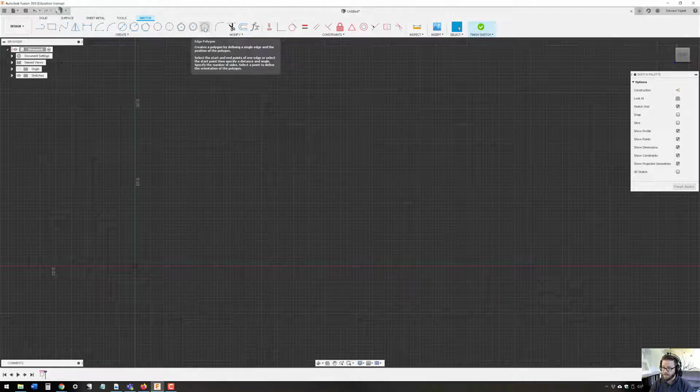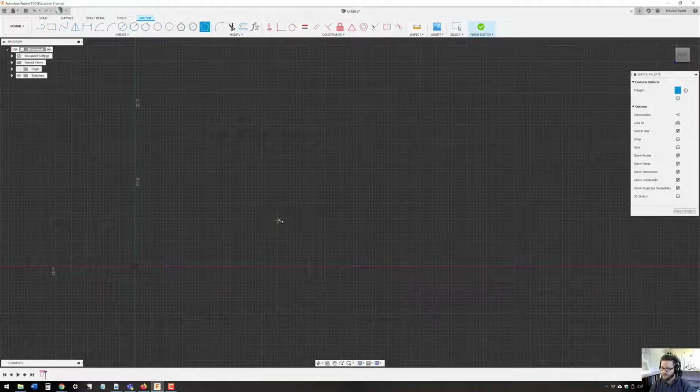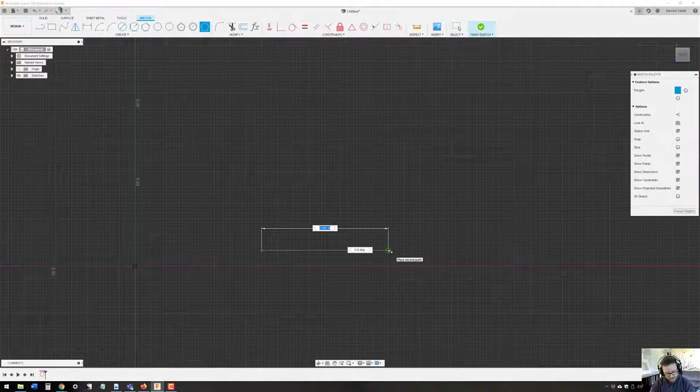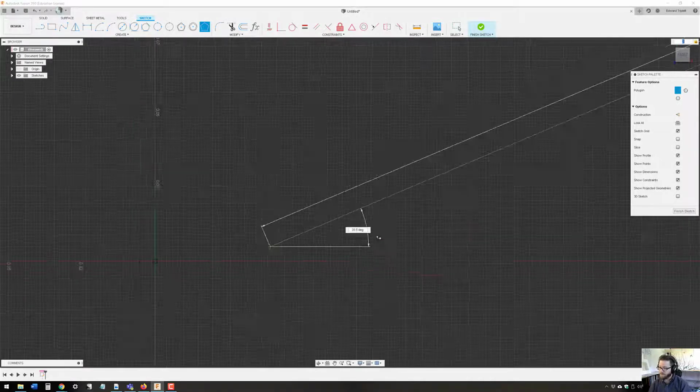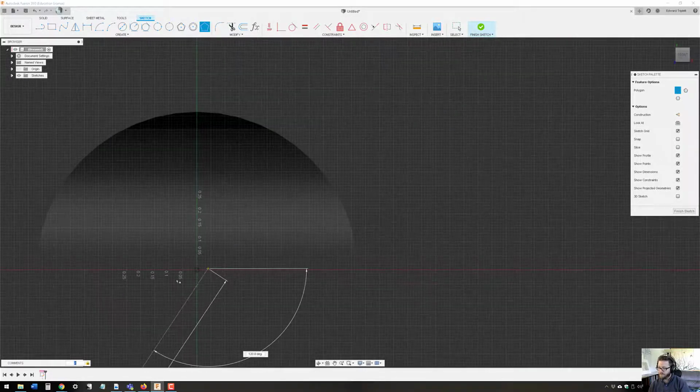Let's start with an edge polygon. This one means you're going to draw a single edge. Right now I actually have snapping to grid off, so I'm going to turn it on just temporarily. I'm going to turn that off very soon though. I'm going to start from here, and say this is for an arch, so it's 2 meters across. I'll zoom out. So here's my 2-meter long line,